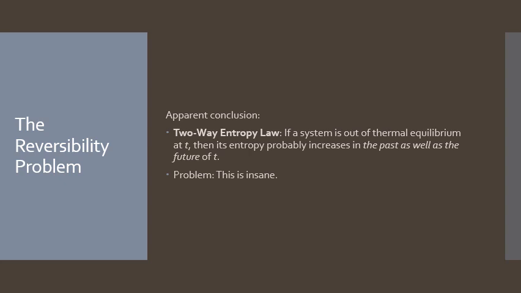So exactly as you think they're going to get older in the future, if two-way entropy holds, you should think that they were older in the past. In fact, you should think that they originated with a pile of dust which spontaneously assembled itself into a corpse, and then sometime after that the corpse came to life as an old person, and then it aged in reverse to reach the state of the young person that you see today, right? Exactly a time reverse of what you think is going to happen in the future, right?